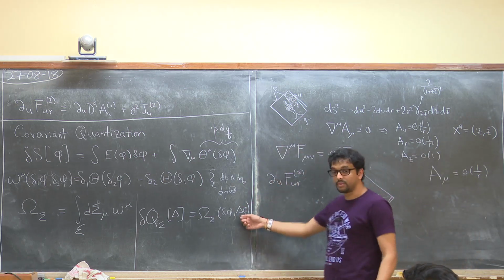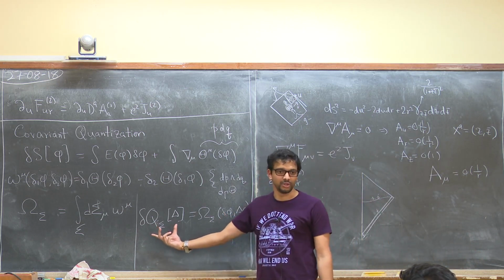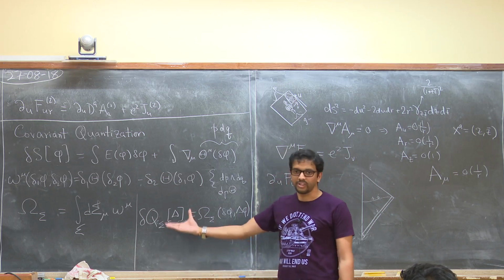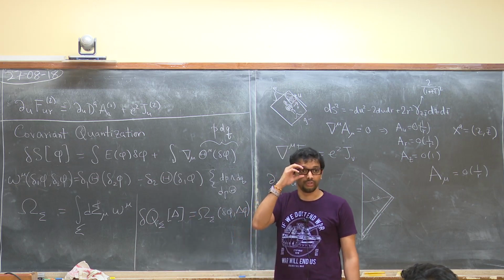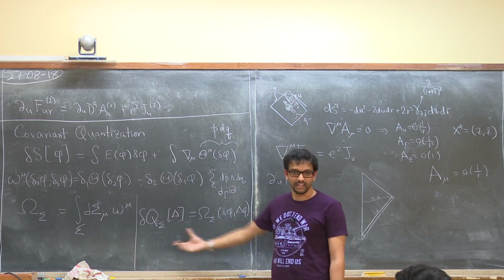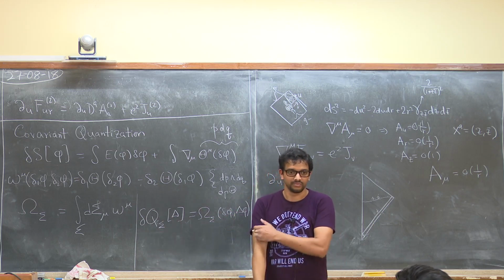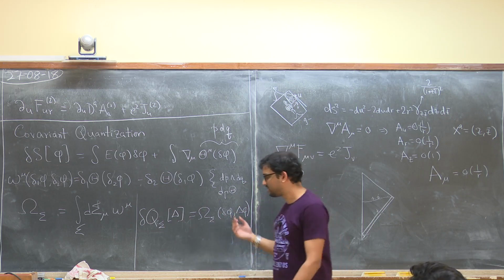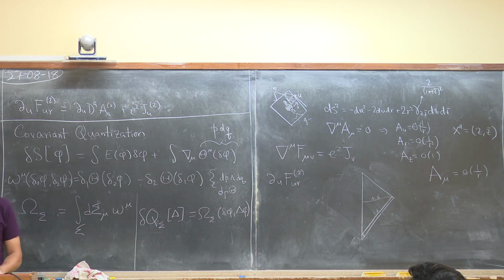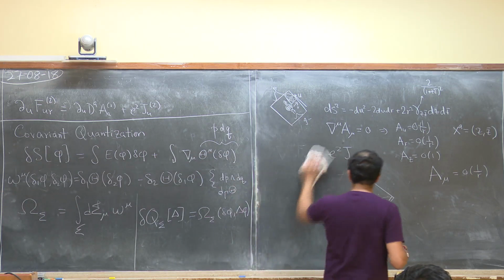Now that I've plugged in an explicit function over here, this thing is a one form, and this is d of some 0-form. So this is the equation that I would need to solve on phase space in order to derive what the charge is. If it turns out that this is exact, then I can integrate it and obtain the charge exactly. In that case, the charge is said to be integrable if I can integrate it on phase space. So this is the way you construct any charge. I've told you how to do it in complete generality, so I'm not going to tell you the details of how to do this.